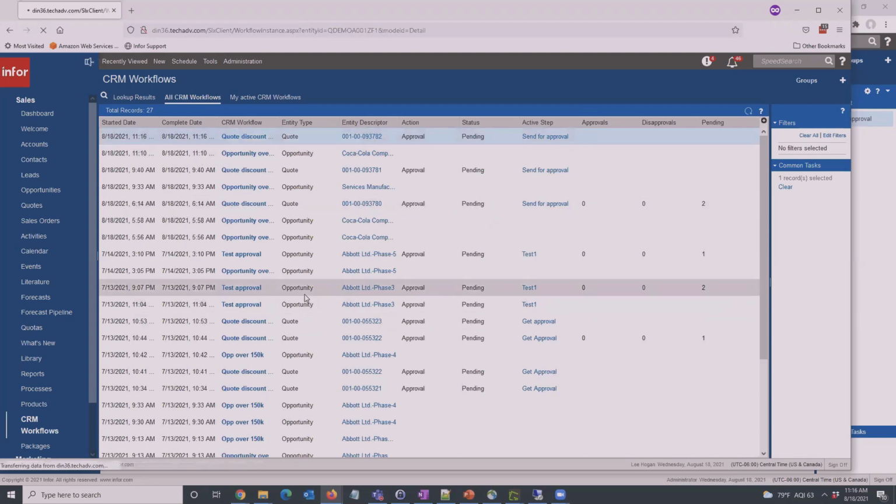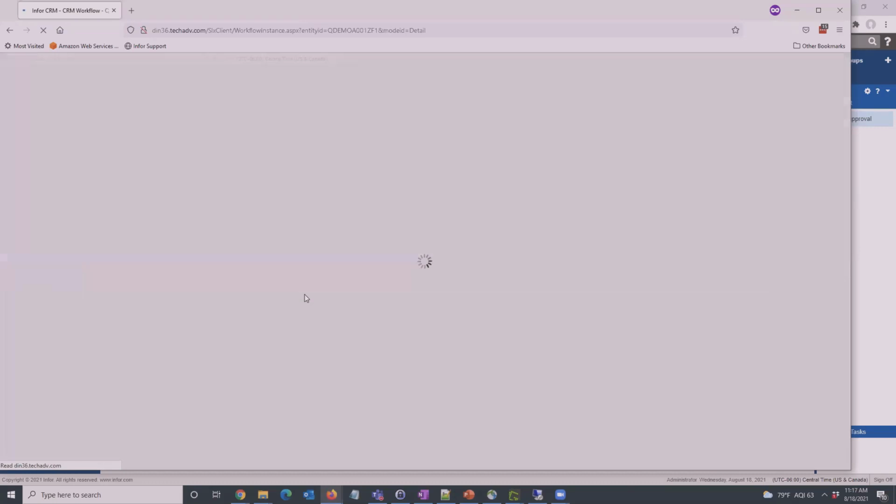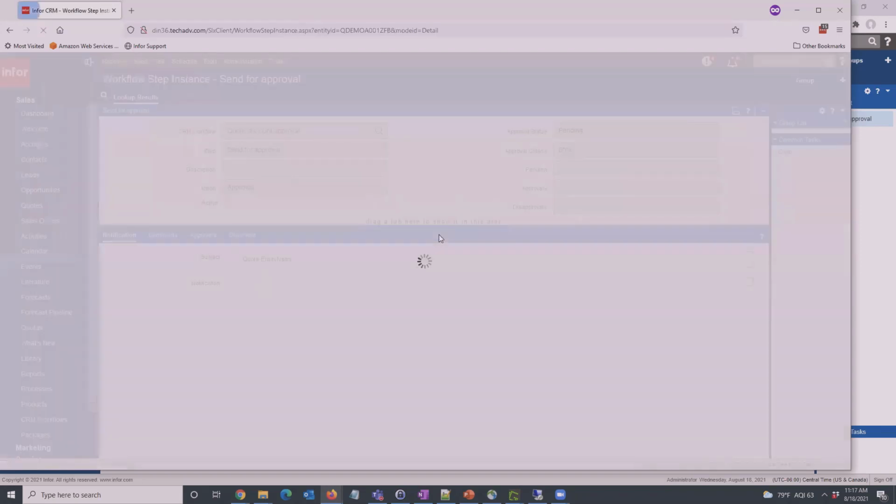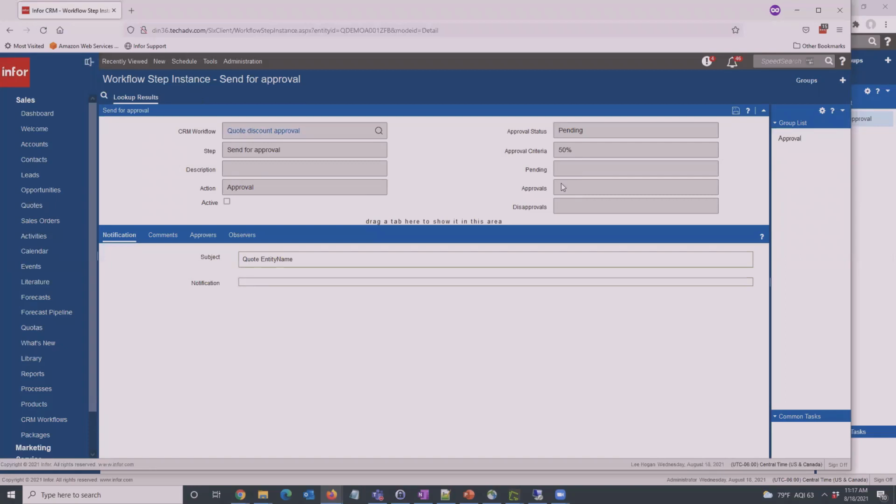So the user would get a link to a screen like this where they would go in and either approve. It seems like it's not activating it for some reason. But you would be able to see who has approved it, who has not done anything yet, who has not approved it. So yeah, that is the screen I'm missing for some reason in my environment. That's not presently working, but that's the workflow approval. And then previously was the